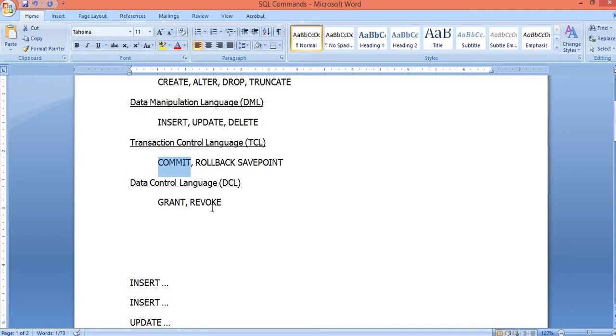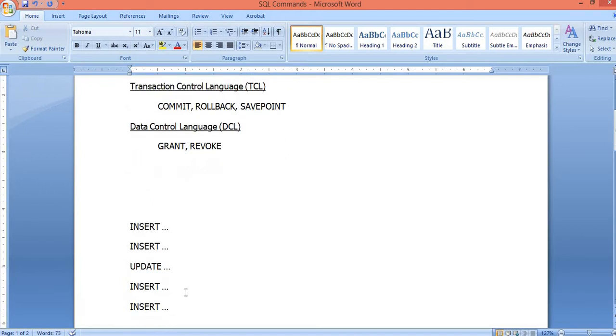Clear? So the next command is rollback. Rollback is for ignoring the changes whatever you have in the buffer. Say for example, I have given these 5 commands and these 5 commands' results are available in the buffer. Now due to some reason I don't want these results, then what can I give? I can give rollback. Once you give rollback, whatever results you have in the buffer will be removed.